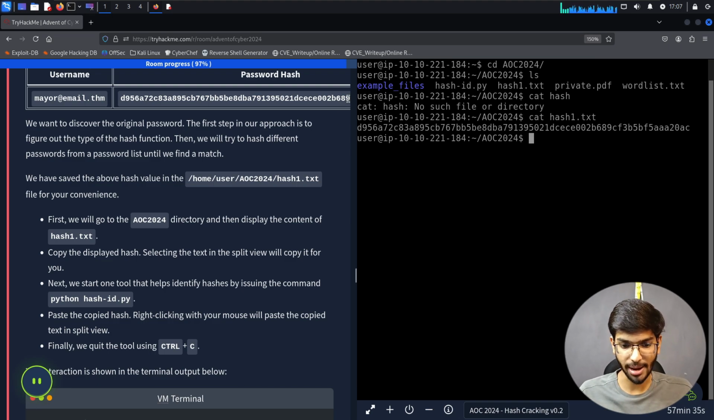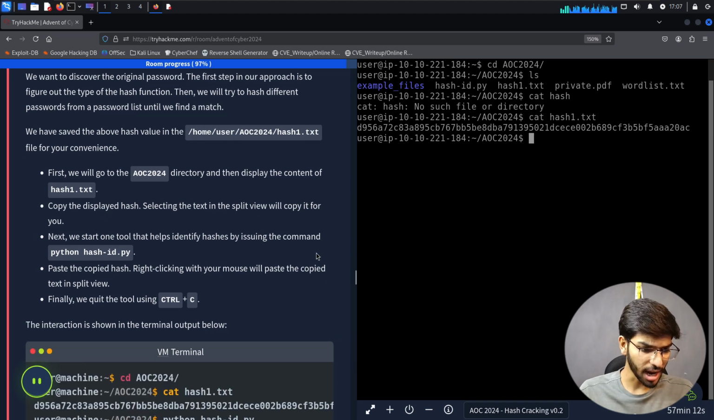Of course, this was empty, I mean half completed, because looking at the length of it, I thought it might be half in length. Okay, so we have the hash in here which we need to be cracking. So first we will go to the AOC directory and then display the contents of it. Copy the displayed hash. Selecting the text in the split view will copy for you. Next we start